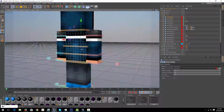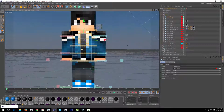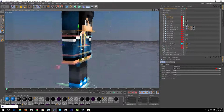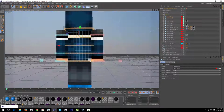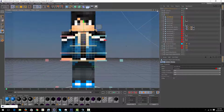So once you've highlighted all that you want to highlight, or extrude, sorry, you should be able, what is this? That's crap. That's crap. Float fix reskin. Okay, so,